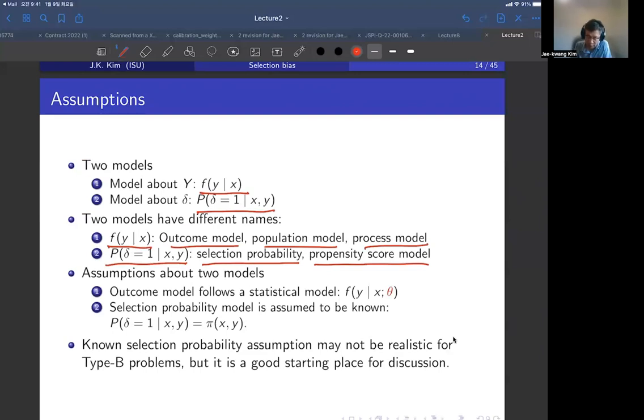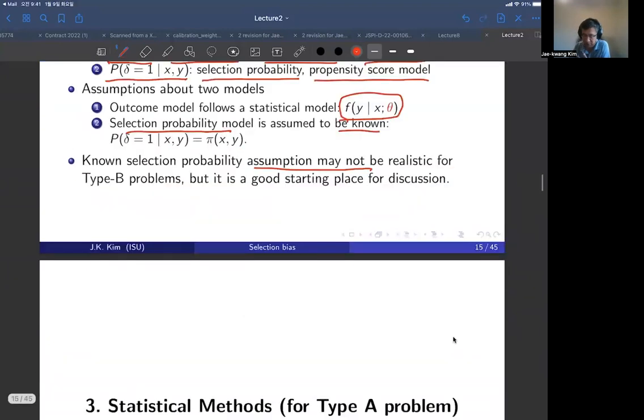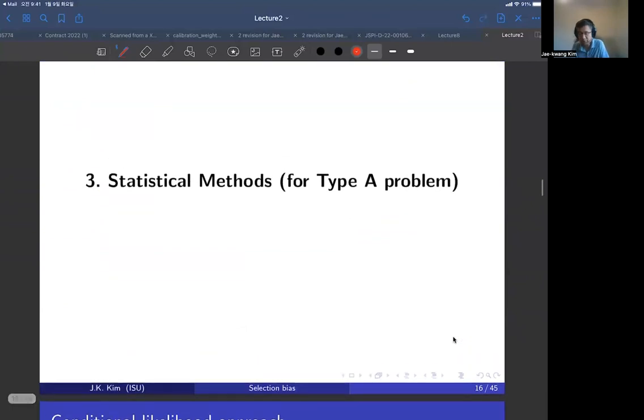So we will go ahead and assume that this outcome model will follow the statistical model with a finite dimensional parameter theta, while the selection probability model is assumed to be known, which is not always the case, but we'll just assume it for now. So the known selection probability assumption may not be realistic for type B problems, but it is still a good starting place for discussion. So I'm going to first discuss the estimation method for the type